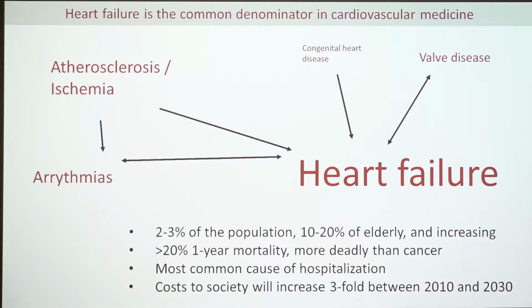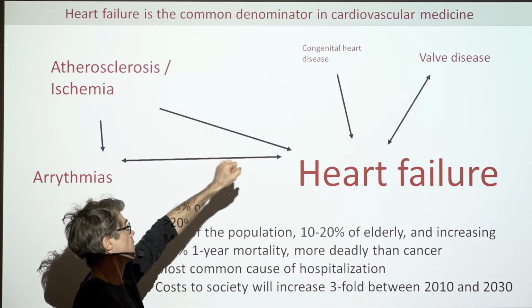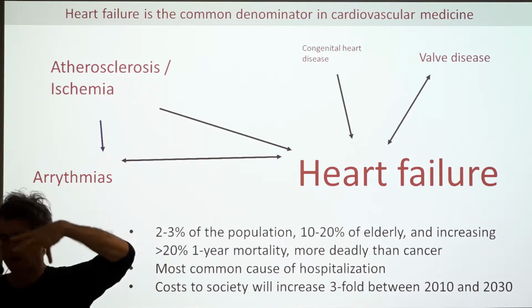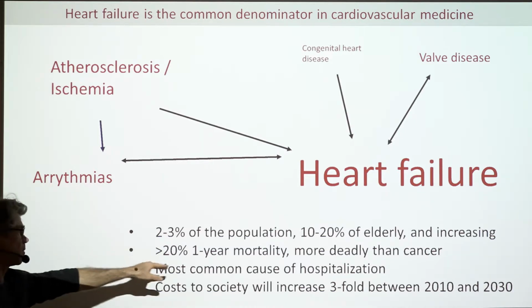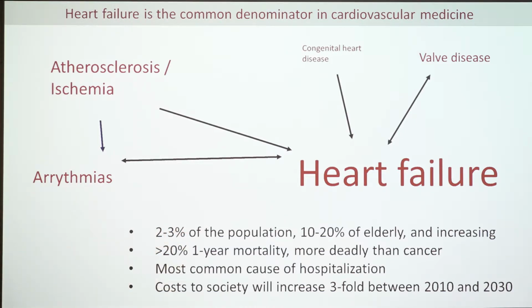Arrhythmias are also exceedingly common. So atrial fibrillation affects up to 25% of the elderly. It causes stroke, and you need blood thinners, anticoagulation, etc. And then there are less common diseases affecting the heart, such as congenital heart disease. So nowadays, babies born with heart defects can have surgery and live a long time into adulthood. And valve disease, which are the valves in the heart that are also affected mostly with aging. And it affects a huge proportion of the overall population and even more among the elderly.